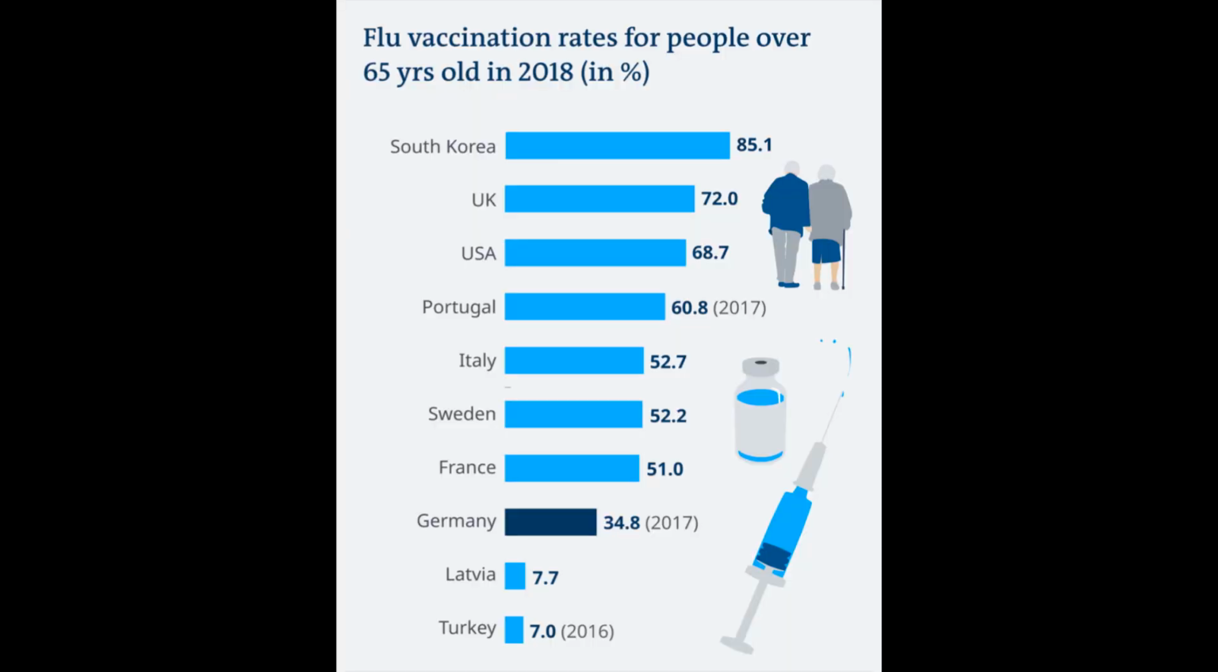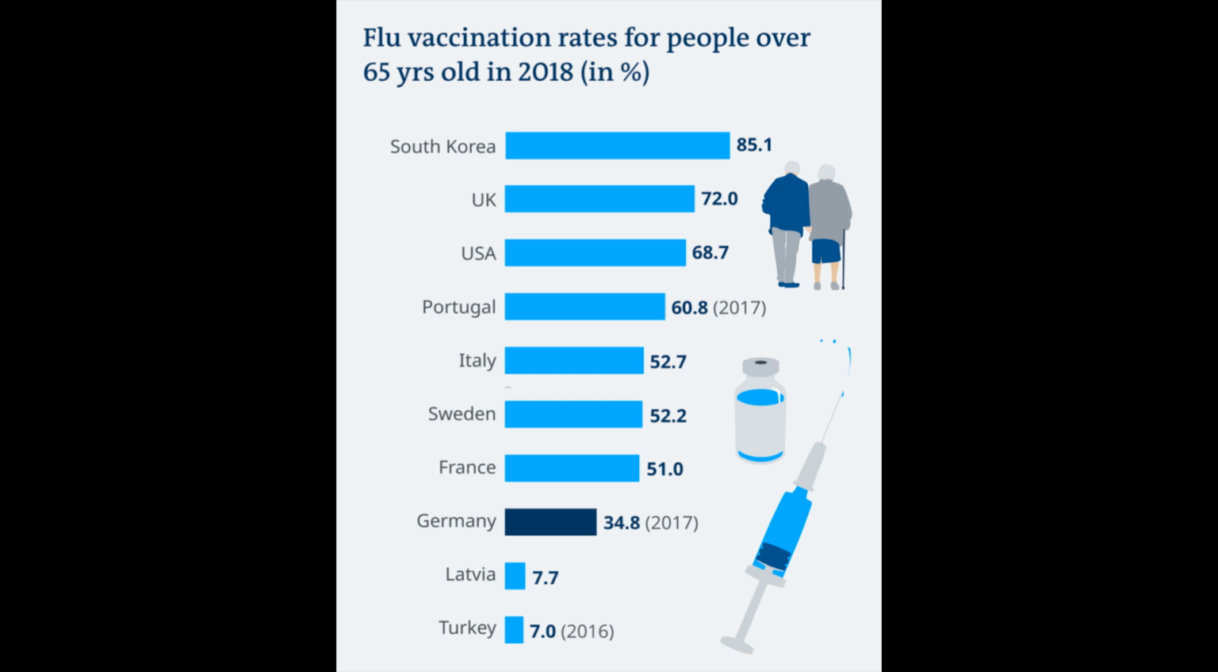The following graph gives information about flu vaccination rates. The items include South Korea, UK, and USA. According to this graph, in USA, the value of vaccination rate is around 68%, and that of UK is higher,